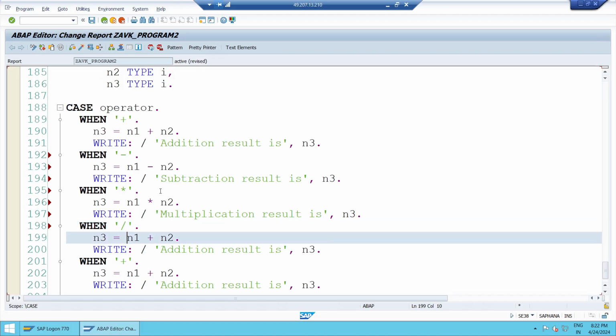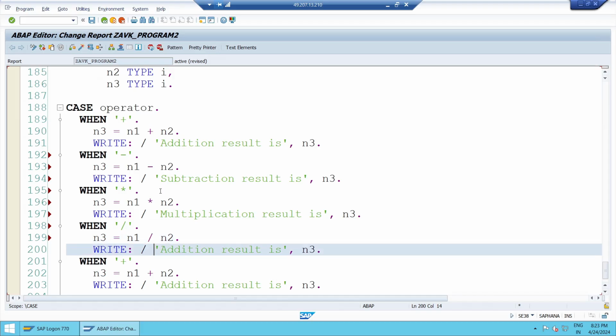Then change the symbol, change the operation. Division result is. Now,